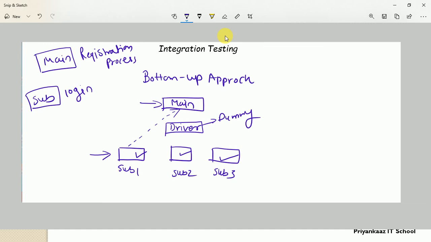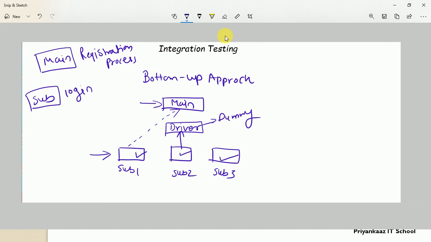Clear? So how does integration proceed? If main is ready, we can simply do it like this. But if main is under construction, suppose sub 2 is ready but main is still under construction, then the developer will provide this dummy code, which in the bottom up approach is referred to as a driver. So here the developer needs to integrate these two modules together.